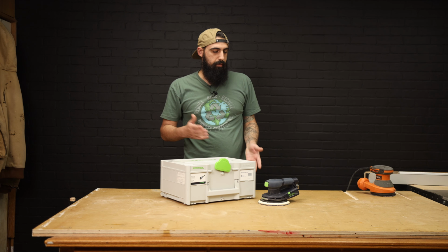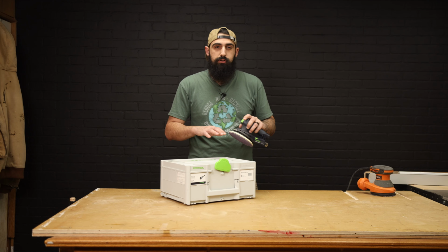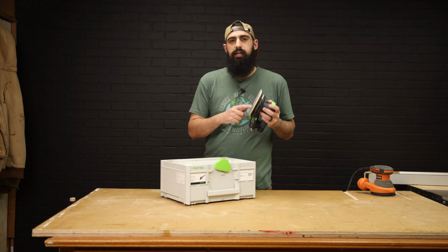To be honest, when I bought this, it was because it was a 6-inch sander I could get that day. Little did I know that it would change sanding for me forever. The 6-inch disc is about a 30% increase over a 5-inch disc, and that makes sanding large flat surfaces much faster. And even though the Festool has a larger disc, it actually comes in at more than half the weight